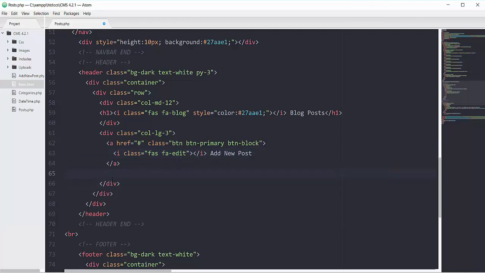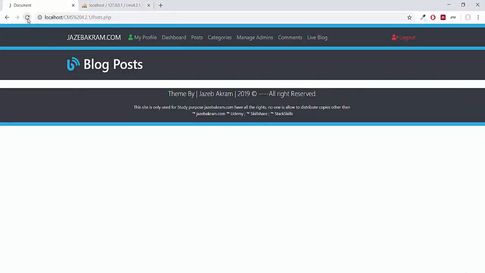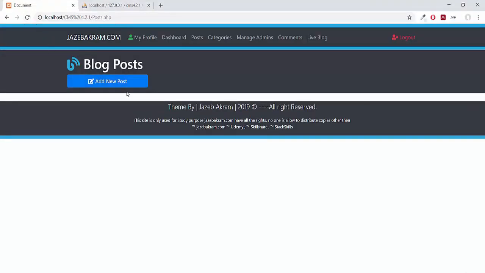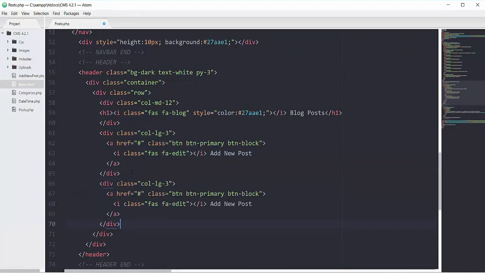So let's first check what this div is going to look like. Refreshing my page, you can see this add new post button right here. So same like this we will add a couple more buttons. So I'm gonna copy this whole div of col-lg-3 and pasting it